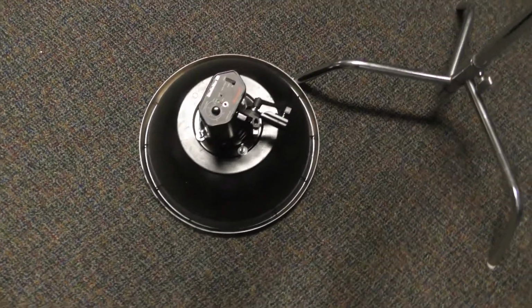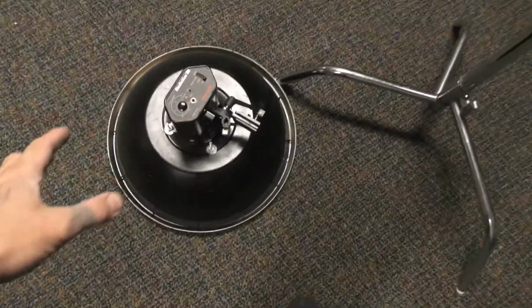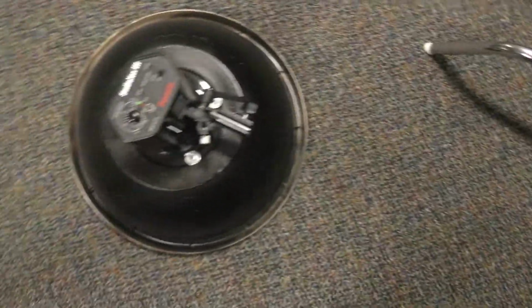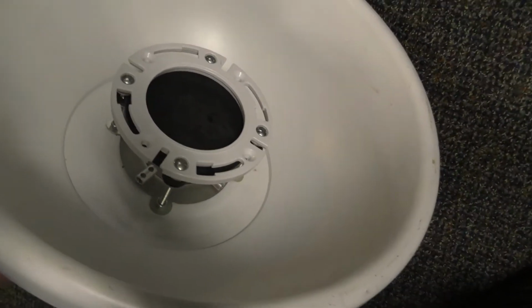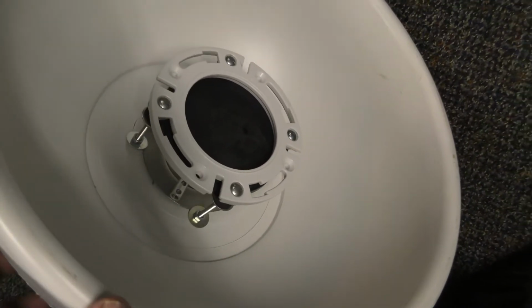All right, now we're going to be assembling the beauty dish. This is a beauty dish. When you store the beauty dish, you would always store it like that. It's technically a bird bath with an inverted or a convex mirror on the other side. So it's a very, very, very